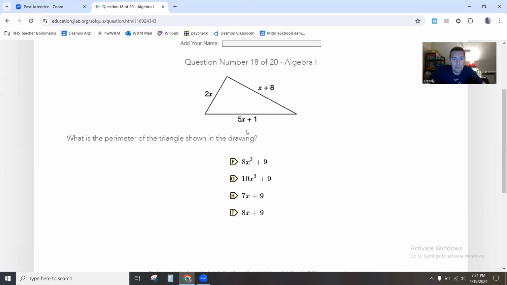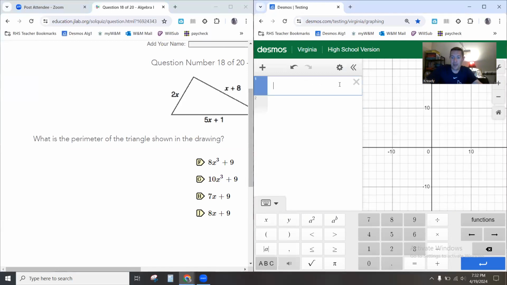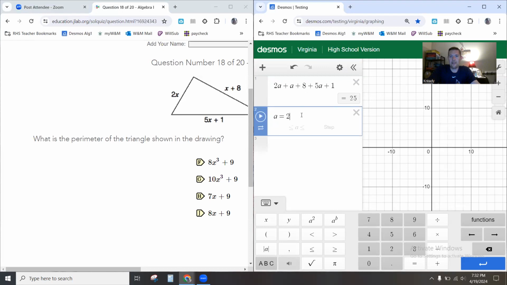Okay. So I'm going to plug this plus this plus this in my calculator. I see X. I'm going to replace it with A. So I'm going to say 2A is that left side right there. Let's say plus X plus 8. That's that side. I'm going to say plus 5A. Oops. See? I'm talking too. Because it won't read it. I need the calculator to say, hey, add something for that so I can compute it for you. 5A plus 1. Okay. Now, at this point, there's only 1, so I make it the prime number and we're